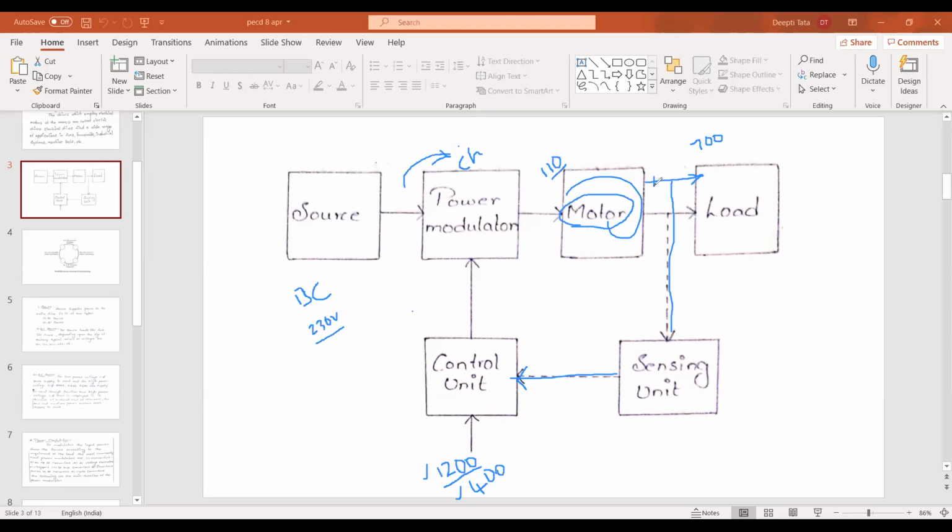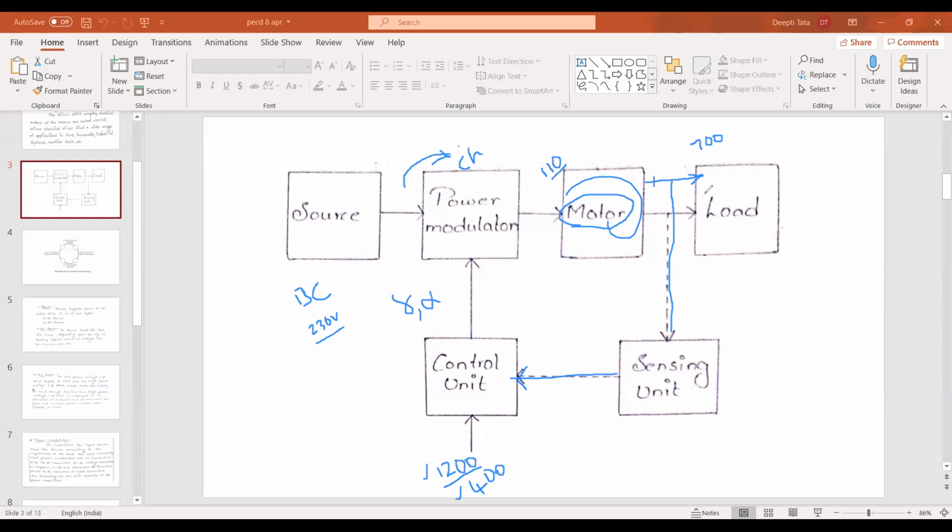If it is a chopper, you can use the duty cycle. Or if it is a rectifier, you can use the firing angle. Already power modulation is there, now it is a converter. Whenever you are changing the duty cycle delta or the firing angle alpha, the output voltage is going to be changed. Then the motor input is changed. Correspondingly, the output is also going to be changed. Is it right or not? Yes, madam. Then the corresponding drive speed is also going to be changed.